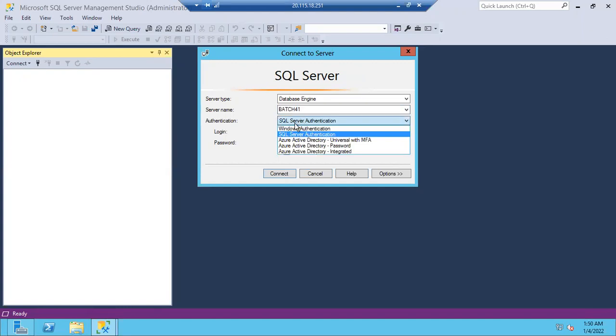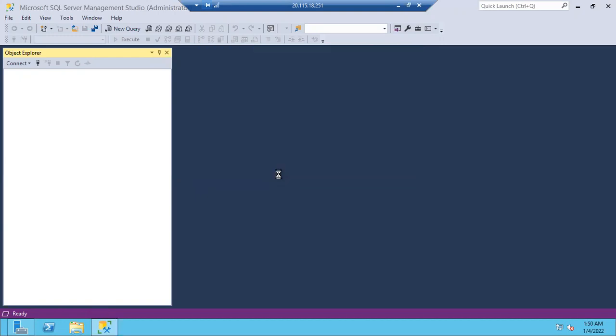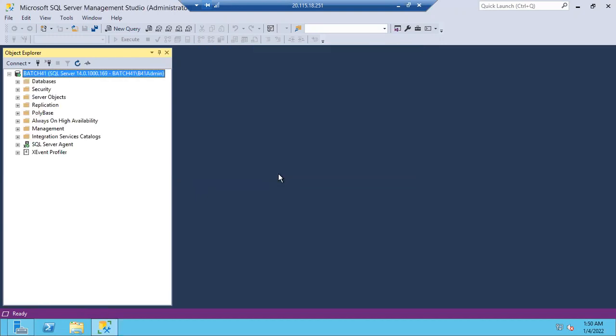In the same way, if anyone leaves the organization, if 10 people leave, we would have to remove all 10 logins if we were creating individual logins. Agree? But imagine if any 10 people are removed or have left the organization, of course the Windows team will remove them from the AD group automatically, so they are unable to connect to the SQL server. Is it clear, guys? Still having any issues?